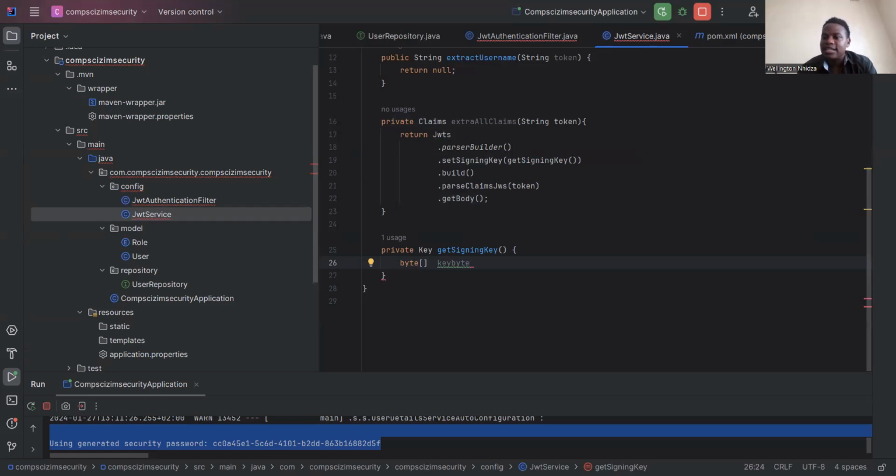The signature uses a key, so that when the claims are being passed between two parties, when the other party receives a claim, it has to check the key. Is this key authentic? And if the key is the key that we have agreed on,